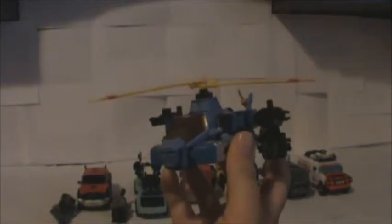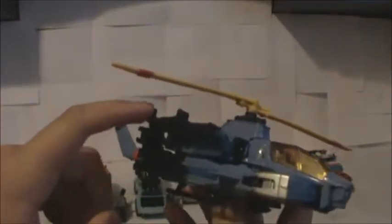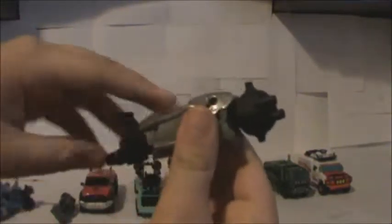So first up, we have Whirl again, and his helicopter mode is pretty cool looking. He has some missile launchers here and here, a Gatling gun thing up here, some missile things here, and yeah, it's a pretty nice helicopter. Now we have the Dark of the Moon Voyager Hound in his nice GMC pickup truck, and he came with this Gatling gun, which is cool. It spins,